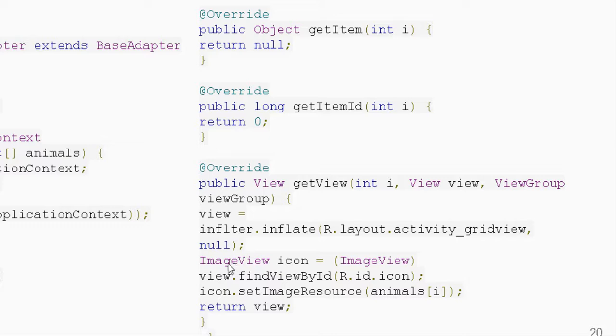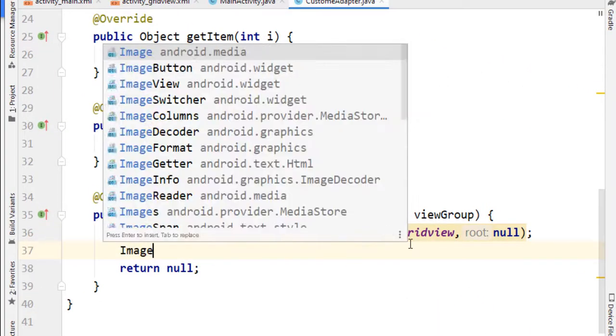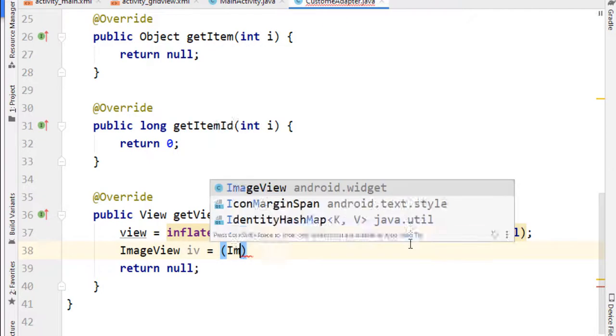So I am going to replace your image view. Please see here, ImageView is the class, icon is the instance of that class, and we are going to cast it. Under the view instance we have, we are calling findViewById to find our icon. It will not be found here; there I will find my icon, because my icon is replaced by me. So let us define these parts. Let us convert the image view. Here I am writing its name, ImageView IV. I need to convert into image view.